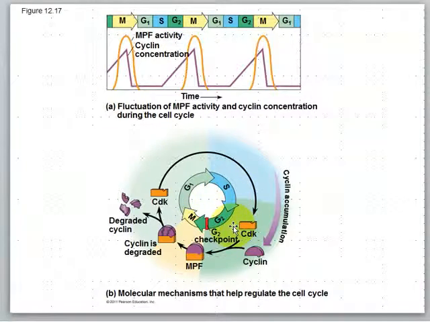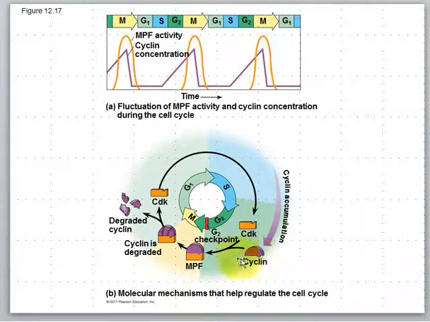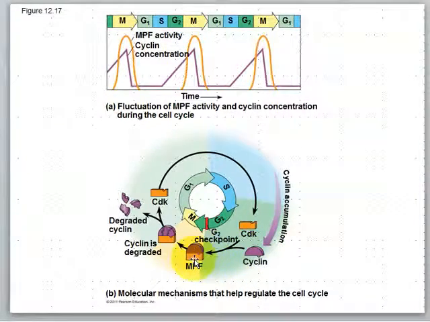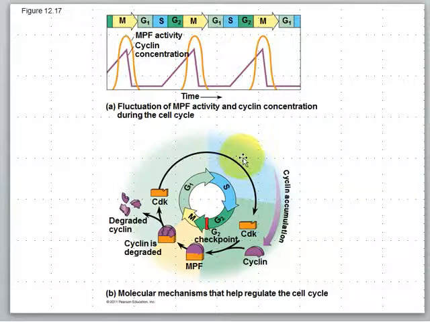Down below we have another example of this, just a different way of looking at it. So the cyclin is this little purple portion here. It is a particular type of protein, and the MPF is here. So cyclin begins to build up as we move through the cell cycle. That cyclin combines with the MPF, and that allows the cell to move past that G2 checkpoint. When there is enough of this activated MPF, it allows it to say, okay, we have what we need, and that triggers it on into the M phase.